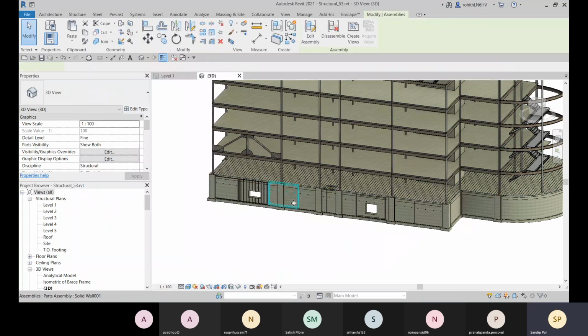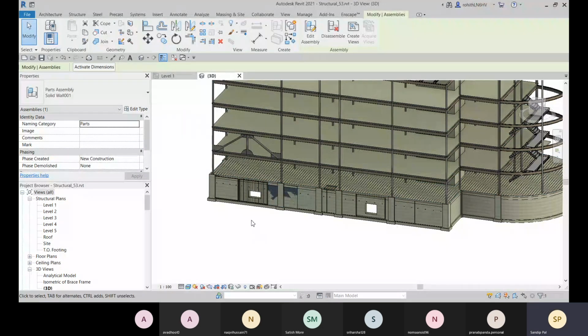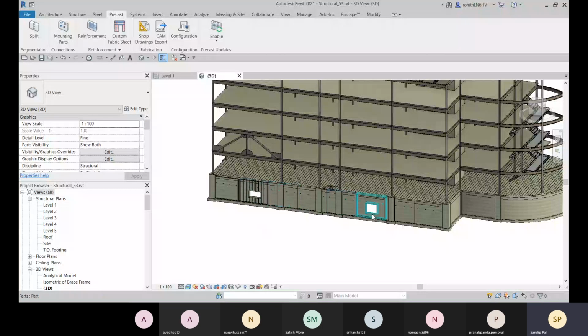And now suppose you are not including them in the shop drawings, but you need to generate the views. So for that, go to create views. Fine.